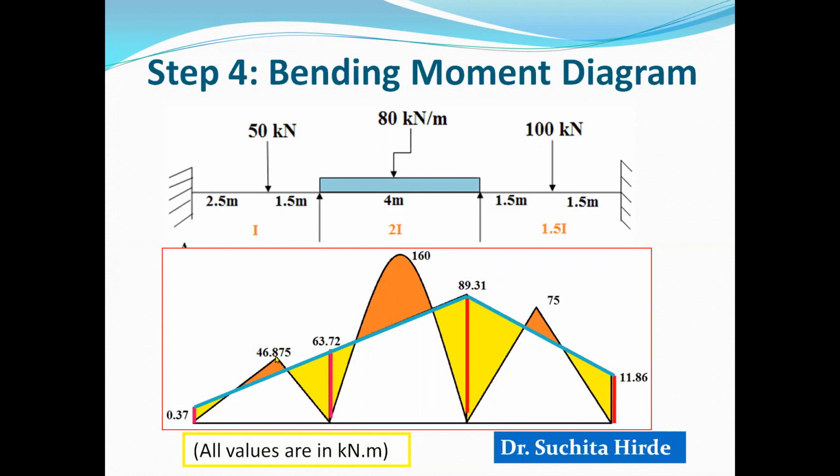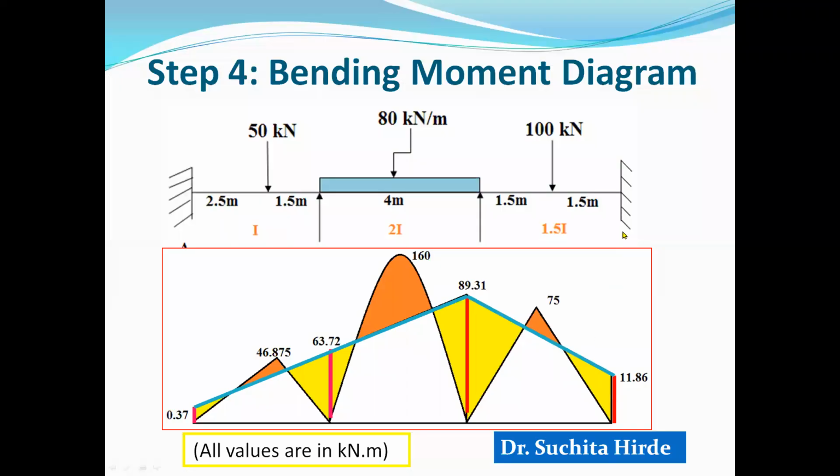So for this case, it is Wab by L. It is an eccentric load, so the positive moment is Wab by L. For UDL, it is WL square by 8. And for central point load, it is WL by 4. So if you overlap this positive diagram over this negative diagram, finally you will get the bending moment diagram something like this. In the next video, we will see what changes we have to make if there is a hinge support or if there is an overhanging part to this beam.